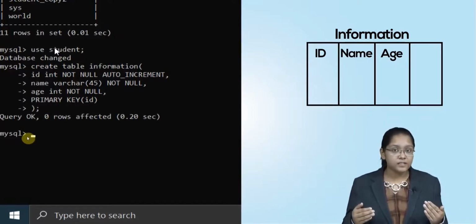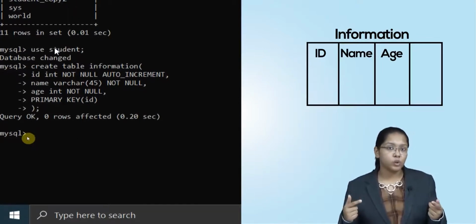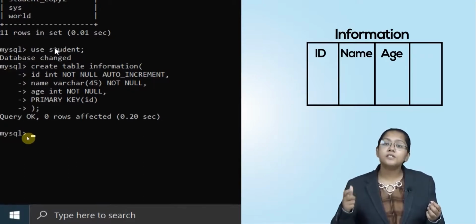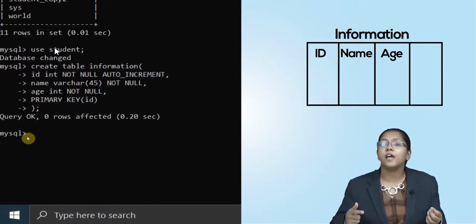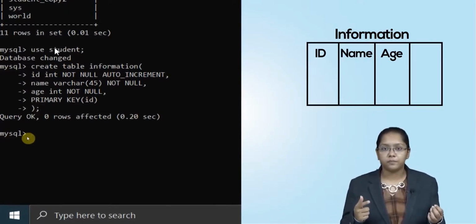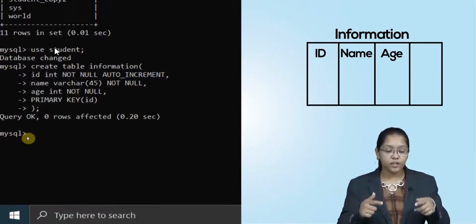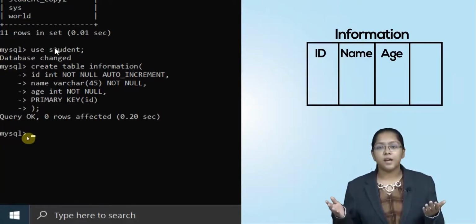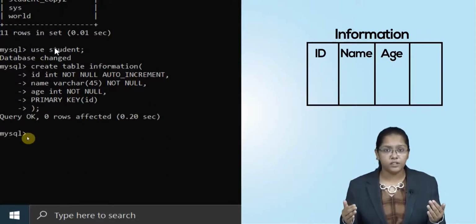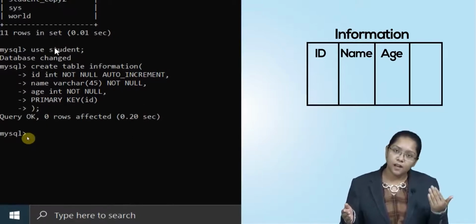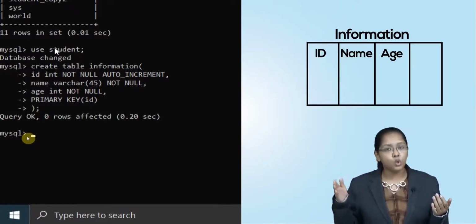So the syntax is like, first of all I have specified auto increment. I told you I will tell in the last line what auto increment is. Because I want to specify it as primary key, that's the reason I have specified auto increment. And after that, primary key in brackets: what is the name of the attribute which is primary key? ID. So I have passed ID in the bracket. Last but not the least, after the last attribute I haven't given any comma. In the last line I have closed the brackets.